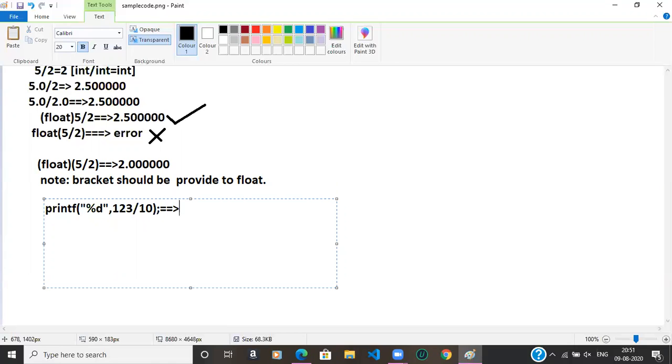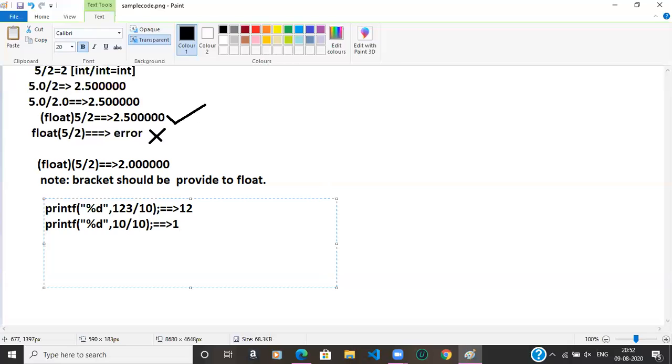The answer should be 12. The last digit 3 will be deleted. 12 is the answer. These are the shortcuts. And one more thing we will see, printf %ld, comma 10 by 10. The result will be, with the last digit deleted, 1.